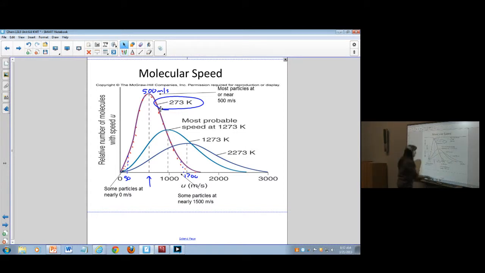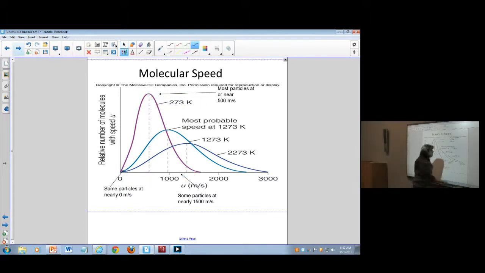Now, I'm going to switch to this other one so we can pay attention to a different graph. So we'll go to the other extreme. We were looking at the purple one. Now let's look at the one with the highest temperature here. So if we increase the temperature, now this is the same number of particles. Same number of particles as we had before. We didn't change the amount, or N. All we've done is change the temperature.